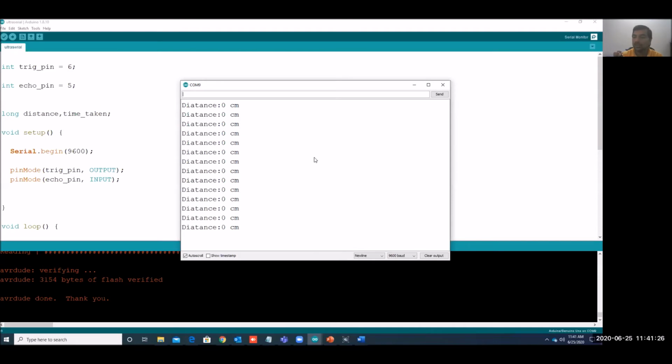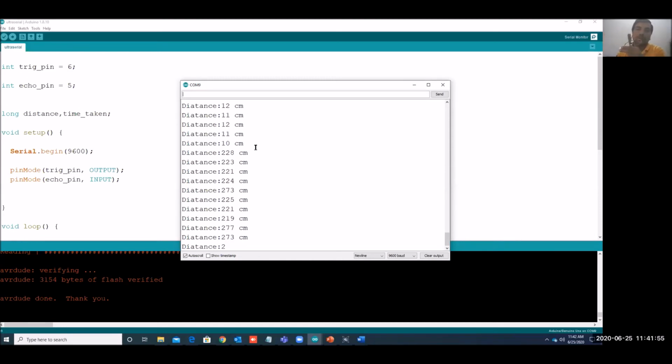The trigger is given to pin number 6, and echo to 5. Now you can see, if I keep my hand here, the distance will be 9 to 15 centimeters around. If I move my hand, it will increase or decrease.